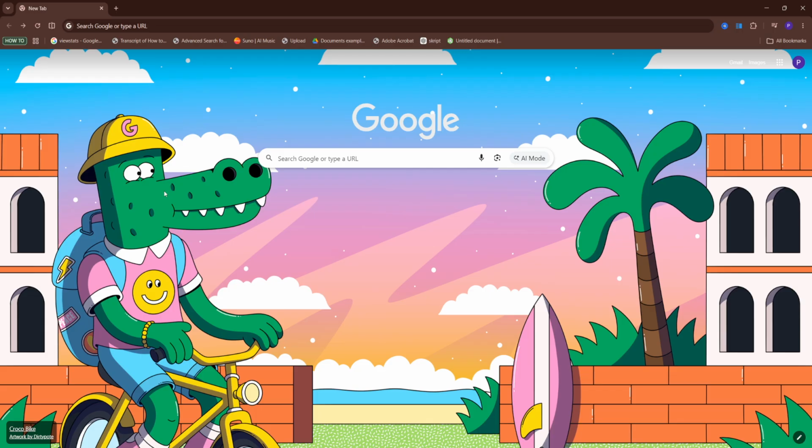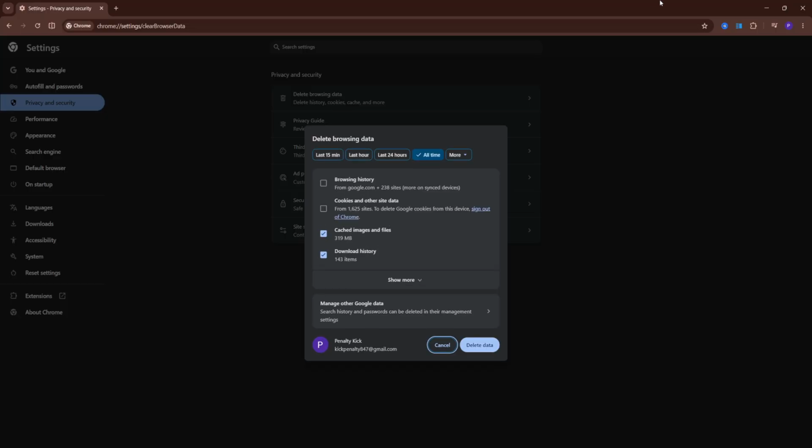Now we will go like that. So we will use the shortcut. So Control Shift Delete, or on a Mac you will use CMD Shift Delete. Now make sure that you are on your web browser, so whatever you're using. So now let's press Ctrl Shift Delete and we will jump straight to the settings, and under the privacy and